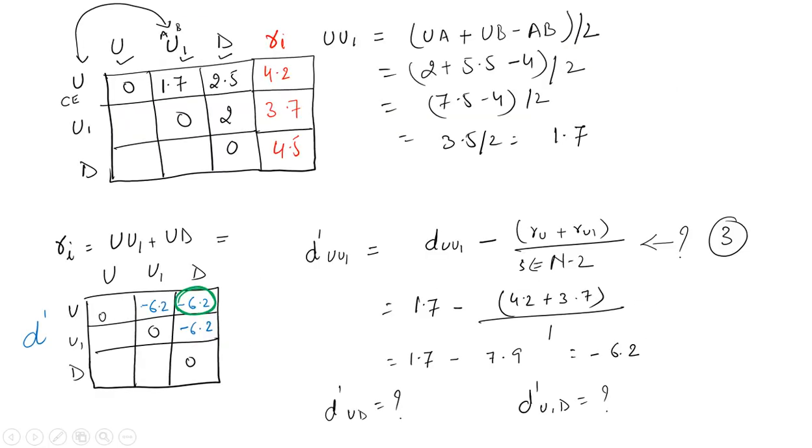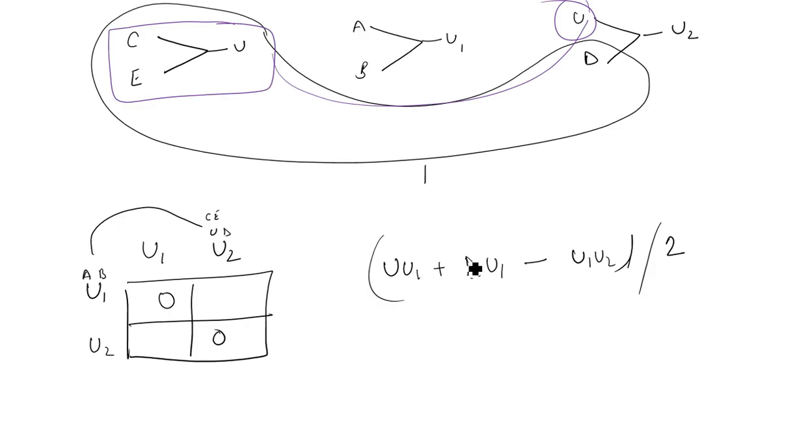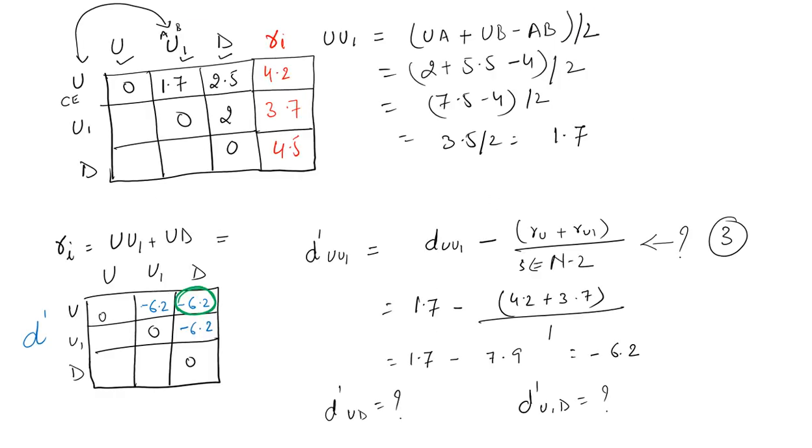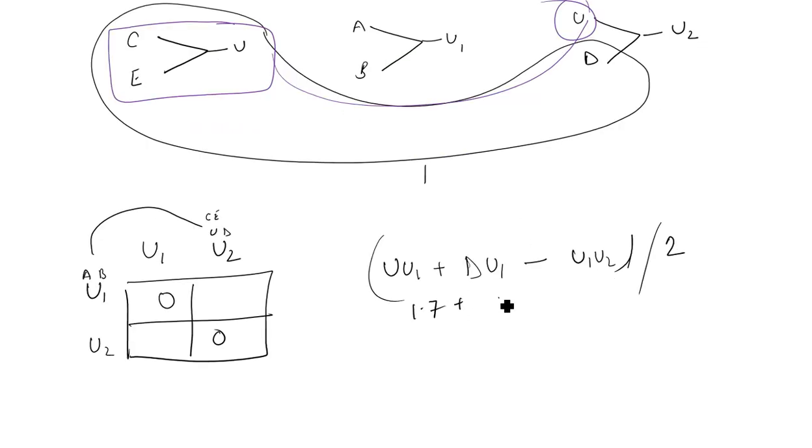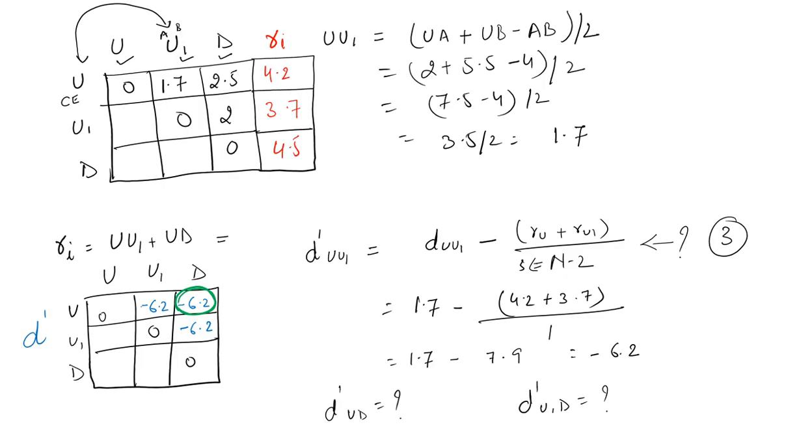So UU1 is 1.7, plus DU1, which is 2, minus U1